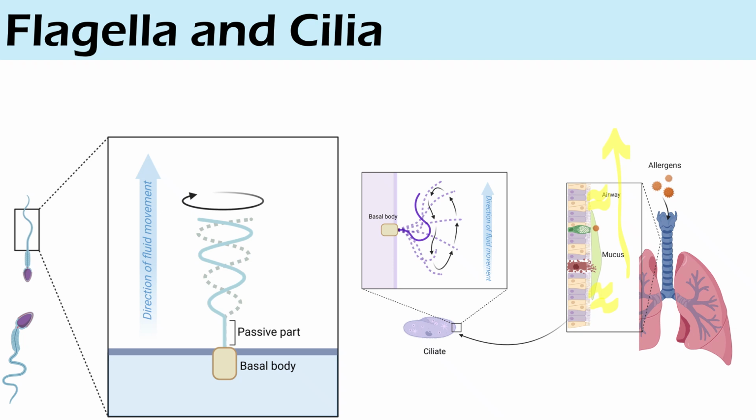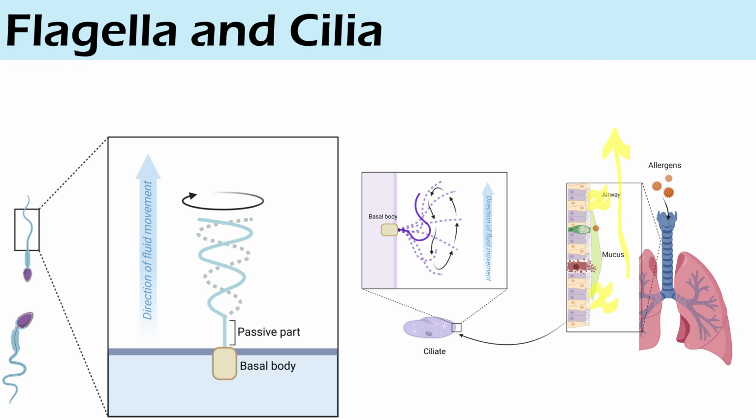However, instead of moving back and forth, the tail has a rotary motion, as pictured here. The only cell in the human body that has a flagellum is spermatozoa, which is the official name for sperm. As you can see, the flagellum is a structure that's found completely outside of the cell membrane,